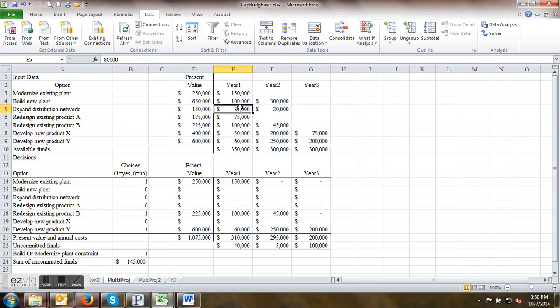None of this is equations except for the sum, well, not even the summation, but you can sum them up. This is the present value of each one of the projects. This is the expenditure per year. And this bottom one is the available sum of money that you have to spend. So if we take a look here and say it's equal to the sum and highlight this first column,